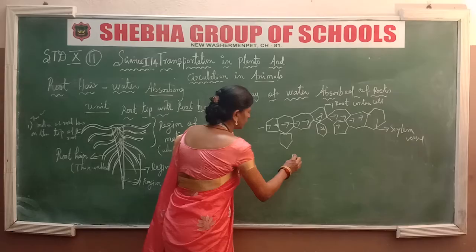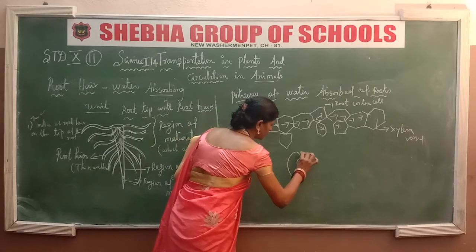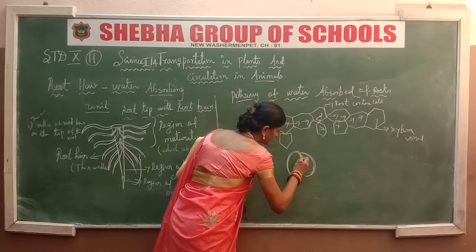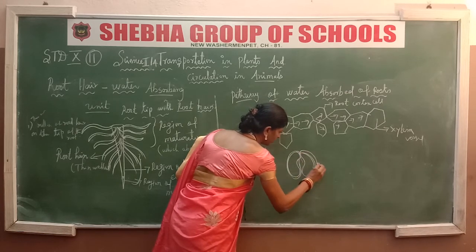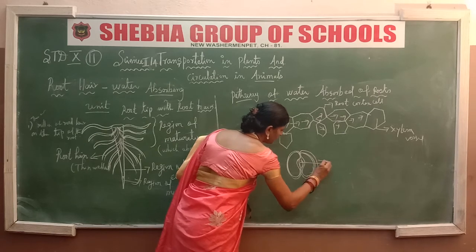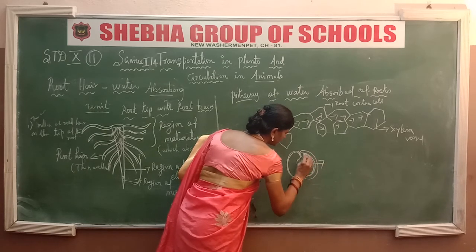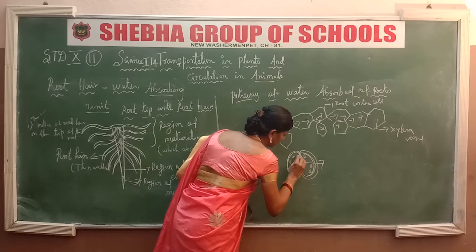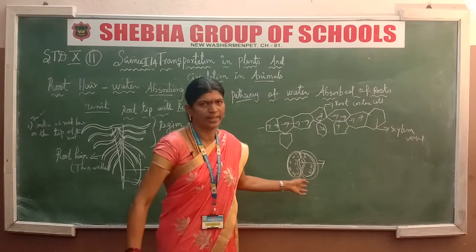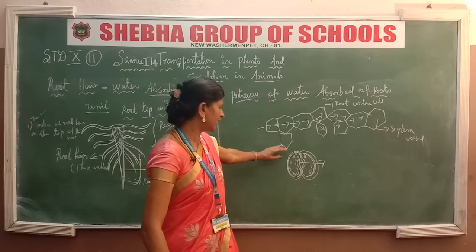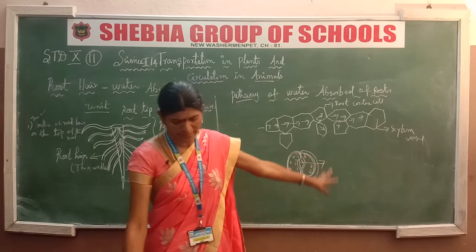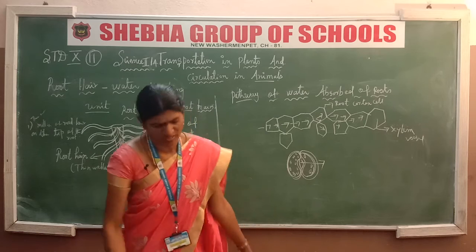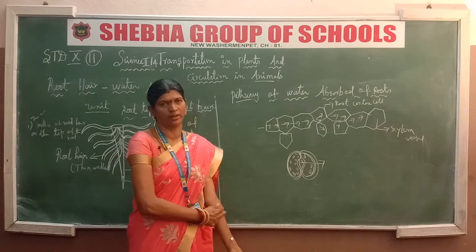Many times I have drawn the diagram of the stomata region. The stomata is a double-line, bean-like structure. Guard cells are present around the stomata. Excess water is excreted from the plant. So that is the day and night behaviour of the stomata. Daytime is open and night time is closed. It's clear?